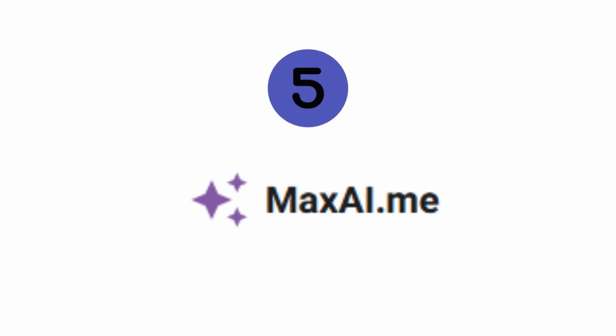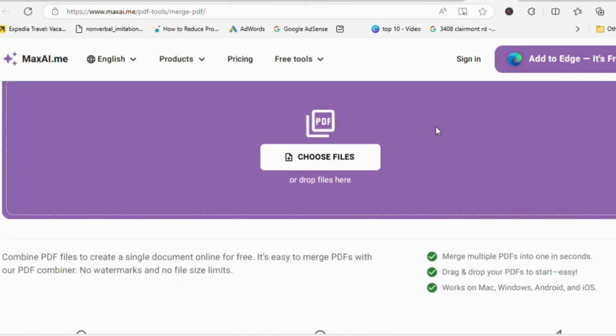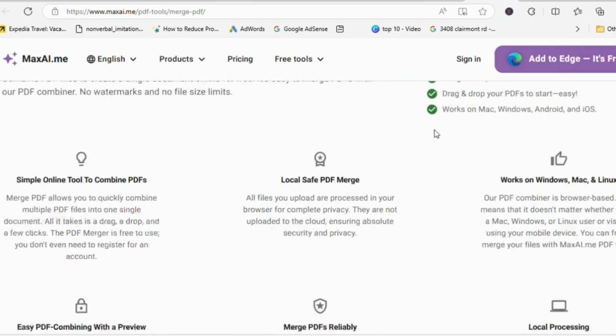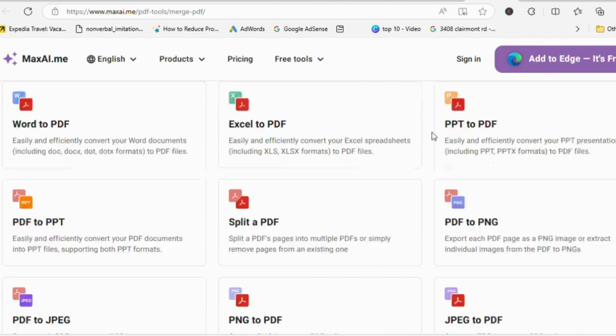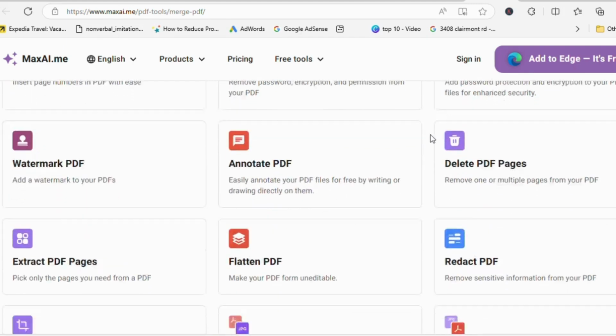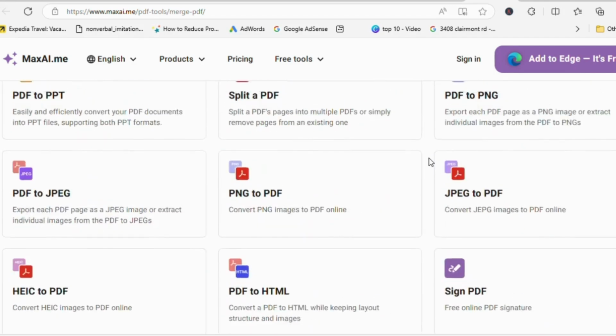Number 5, maxai.me. Last but not least, we have maxai.me. While primarily an AI productivity tool, maxai.me includes a powerful PDF merging feature. It leverages advanced AI models to provide seamless merging experiences. Additionally, maxai.me offers a suite of other AI-driven tools such as summarizing, rewriting, and translating, making it a unique and valuable addition